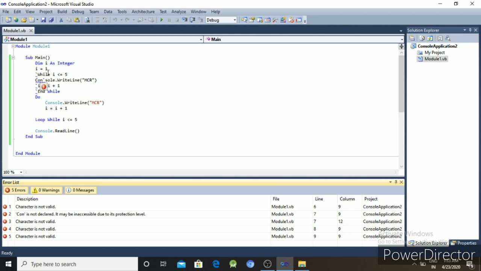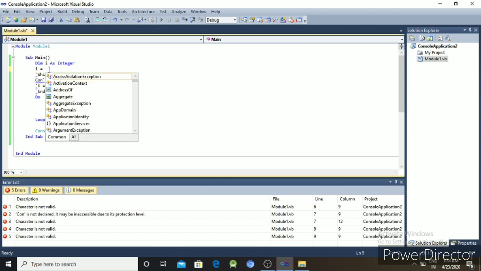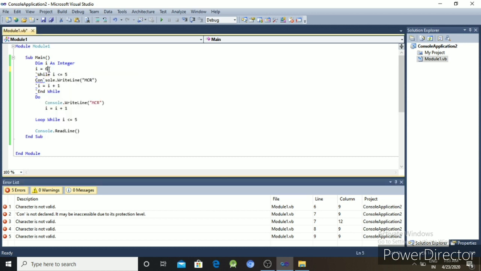Suppose we write I equal to 6. In this situation, 6 less than or equal to 5 is false, both here and here. But what is the difference between the while and do while loop?